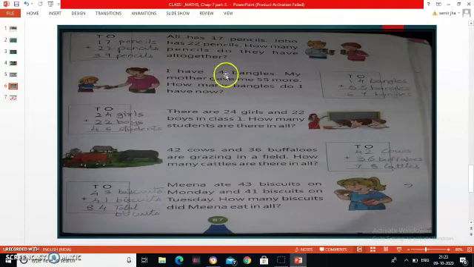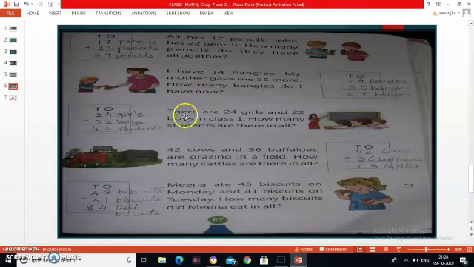Now next example, I have 14 bangles. Now girls can give this example. I have 14 bangles. My mother gave me 55 more. How many bangles do I have now? So altogether, how many bangles are there with this girl? See, 14 bangles, then 55 bangles. So 4 plus 5, 4, 5, 6, 7, 8, 9. 4 plus 5 is equal to 9. Then 1 plus 5. After 1, count 5 numbers. 1, 2, 3, 4, 5, 6. So 69 bangles altogether this girl has.